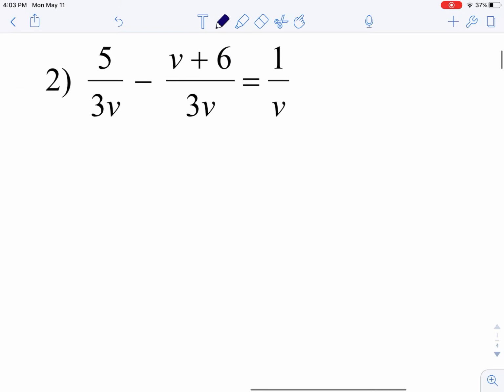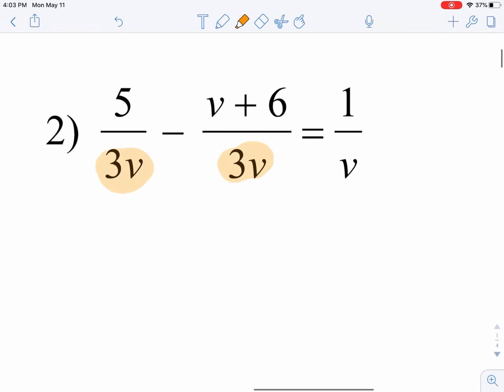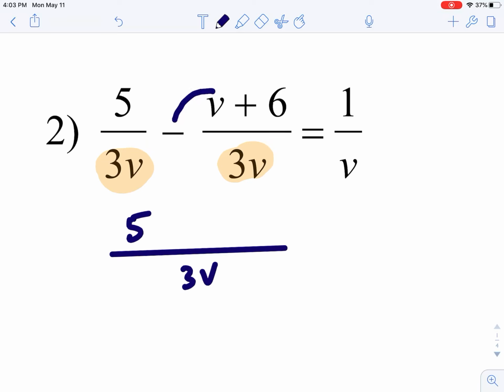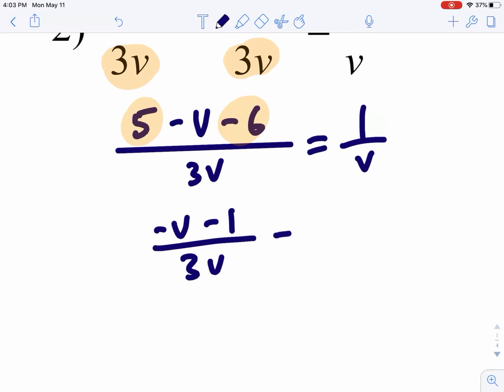Fortunately, most of the problems on this page do have common denominators. I think all of your assignment problems do have common denominators, so that makes it easier. We can combine these two fractions together, and we end up with 5. Now remember that this minus sign distributes. Minus v minus 6 equals 1 over v. So that becomes, let's see, 5 minus 6 is negative 1, so negative v minus 1 over 3v equals 1